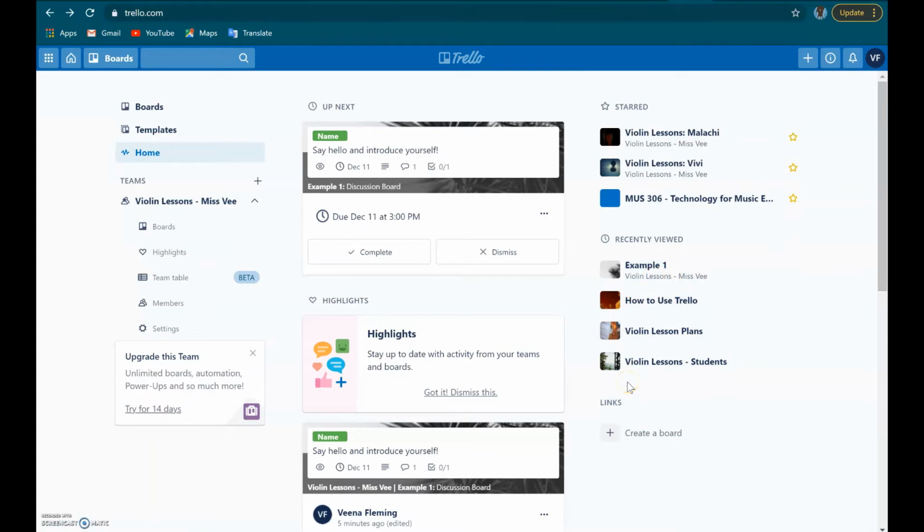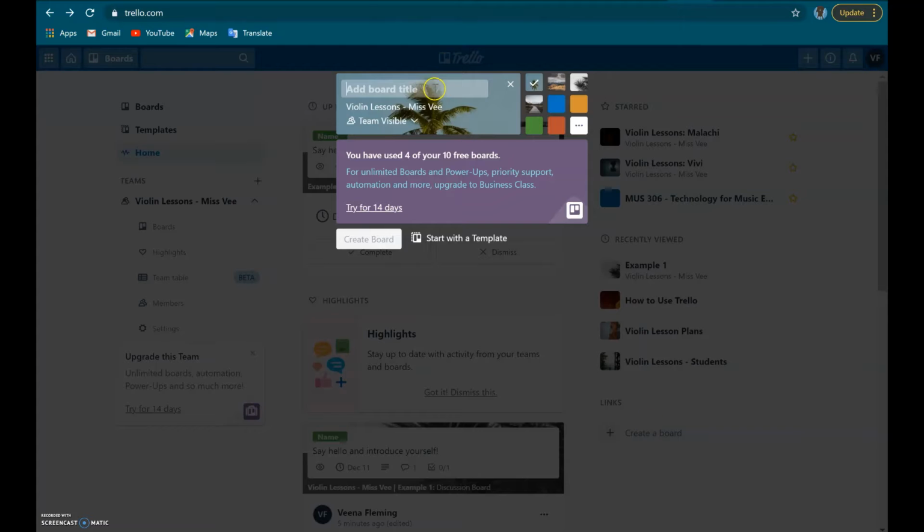So, when you create your account, you'll get something like this. Come here to the Create a Board. Now you can name this whatever classroom you have. So I'll just say Class 1, and you can choose different backgrounds. We'll choose that one. And make sure it's team visible. So for those students in your classes, you want them to be able to actually comment, and team visible will make that happen if you give them the invite. So create a board,